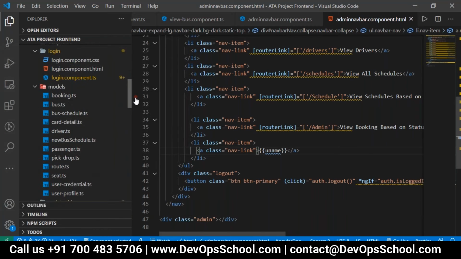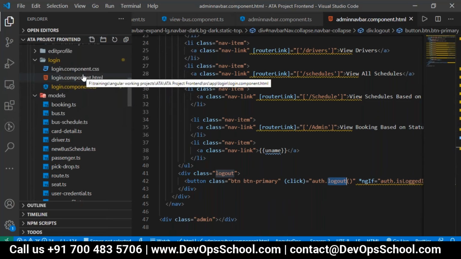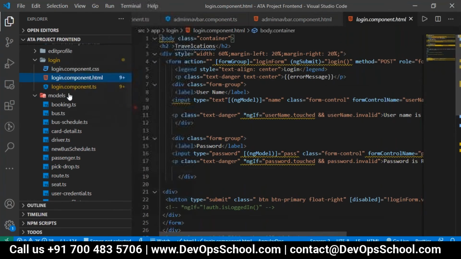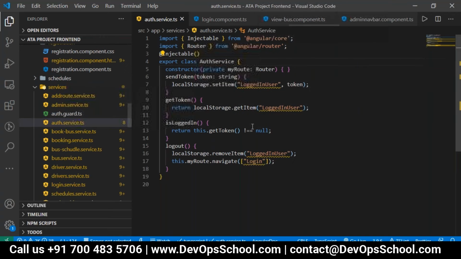That is where we have written the logout method, which calls auth.logout. The admin nav component uses the authentication service, which has a logout method.